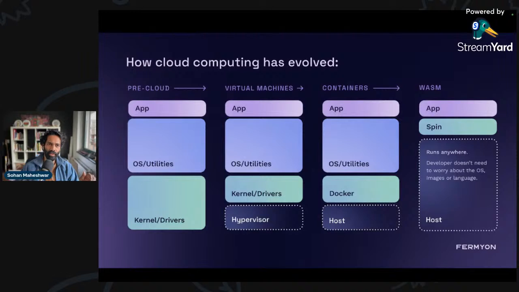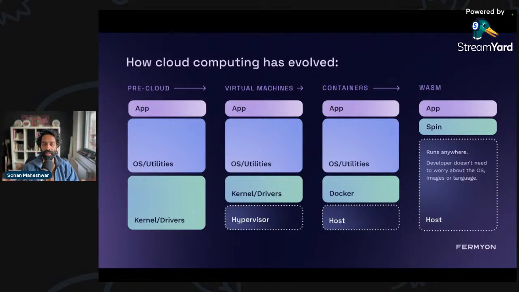Things changed a little bit with containers, right? With Docker and then Kubernetes and so on, where a host sort of took care of a lot of these things, and you didn't worry too much about kernel and drivers and all of that. A large chunk of your development phase was writing the app and making sure that it ran within the container, because then the containers could run everywhere. We're seeing this improvement with serverless, where as a dev, like you and me, we can only work on our business logic. And this is very powerful, and so many